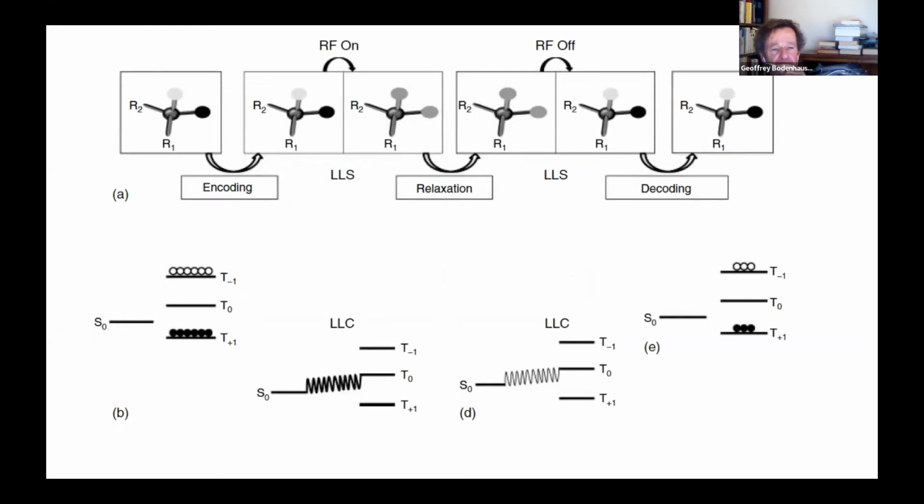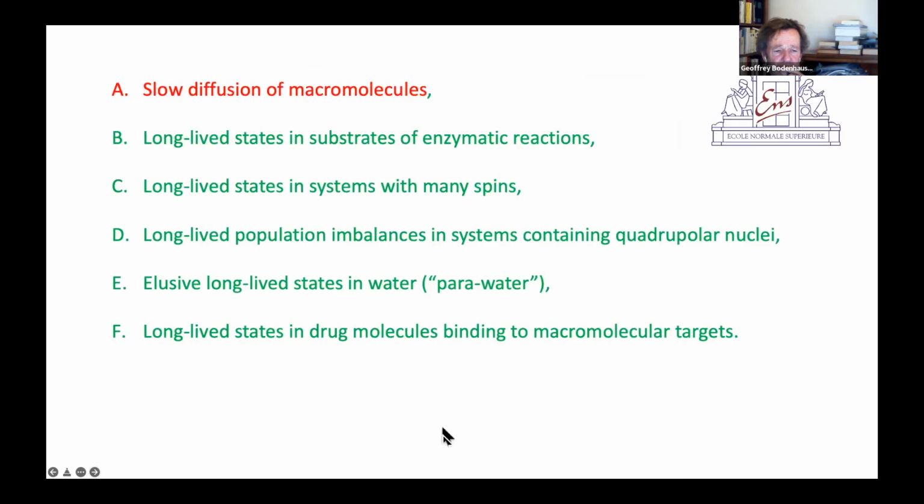This is again from the Vassos review, slightly the same picture, top picture, but the lower picture is now different. In this case, we don't go through long-lived states, but we go through long-lived coherences, which basically are 0 quantum transitions between the central triplet state and the isolated singlet state. So it seems to be strange that you can create such a forbidden 0 quantum coherence, but in fact, it's quite convenient. But my lecture will not talk about that too much today.